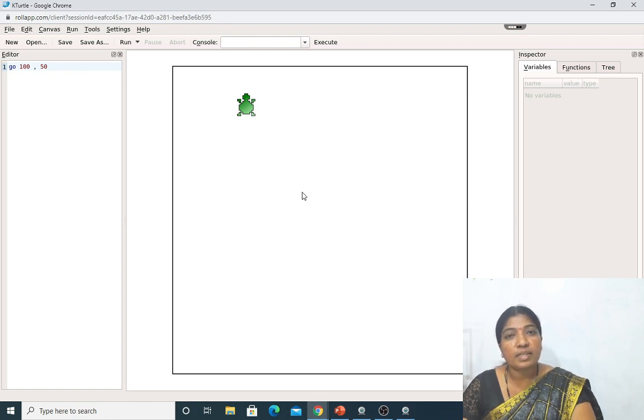Let us assume the x value as well as the y value. As I have discussed, in the go command here, 100, 50, the value of x will be 100 and the value of y will be 50.